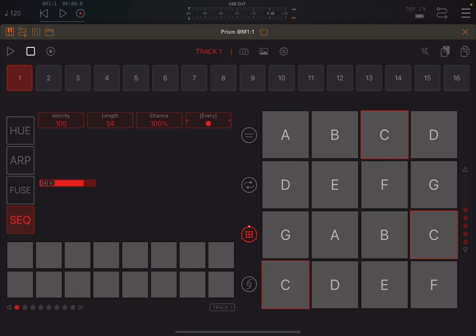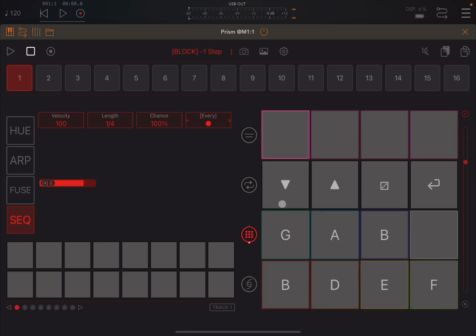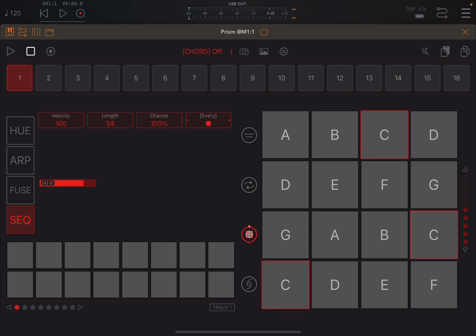So we have seen already how to use chords, and today we are going to have a look how to use different types of chords. Now, if you click here and hold, you have access to this screen where you have an option called chord blocks. You can enable it, and as you do so, you have a new screen which looks like this. Now, you can see here we have 2 pages instead of 3. So we are on the page selected at the bottom. If you click on it again, you go back to the default page